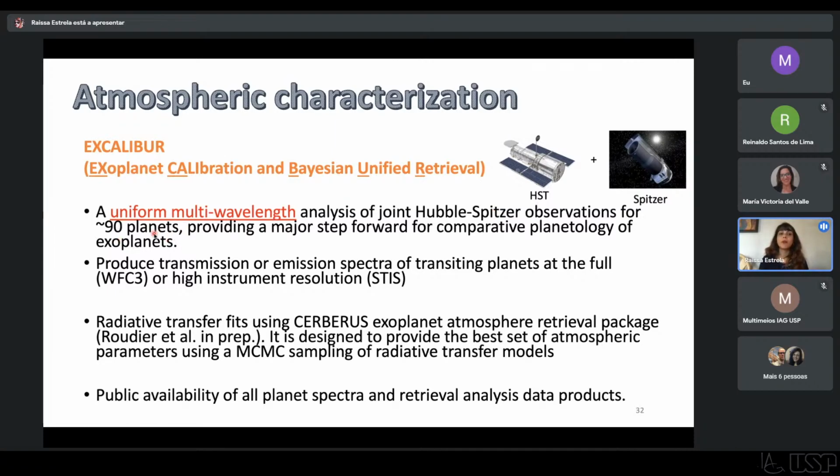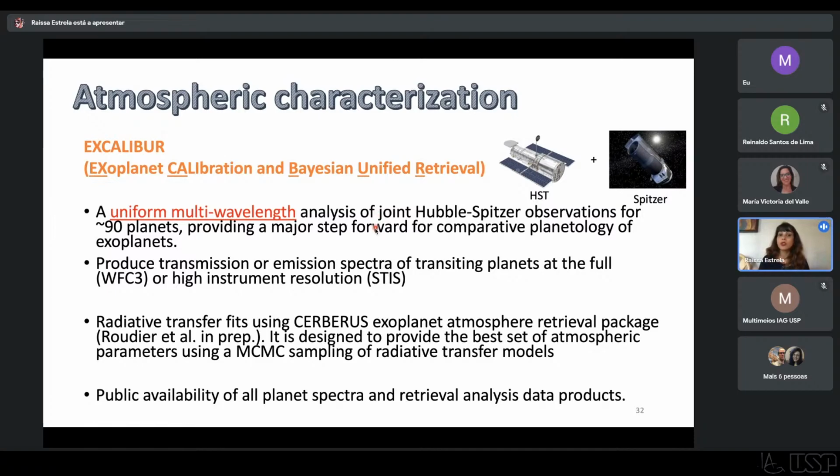So currently we have about 90 planets, and this is going to provide a major step towards comparative planetology of exoplanets, because now we are performing all the data reduction steps in a similar manner instead of comparing results from different pipelines as we do nowadays. Most of the work nowadays in the exoplanet community is still being done using different pipelines, and that is